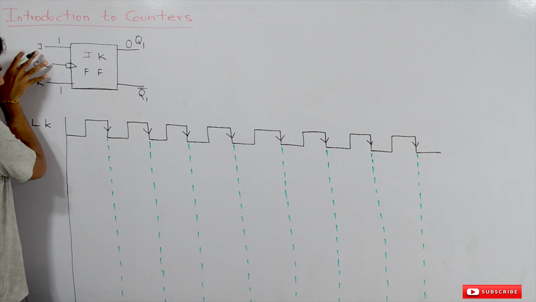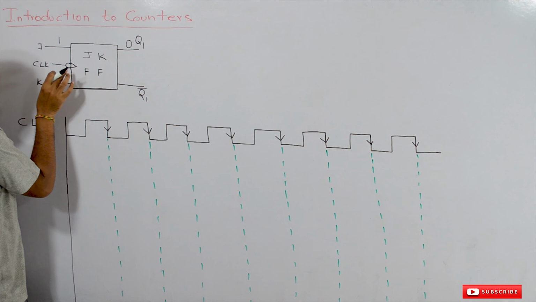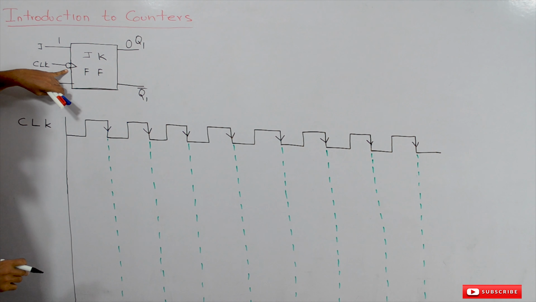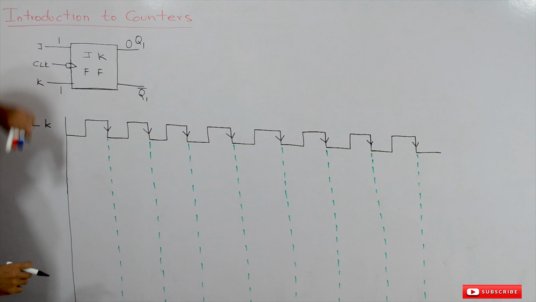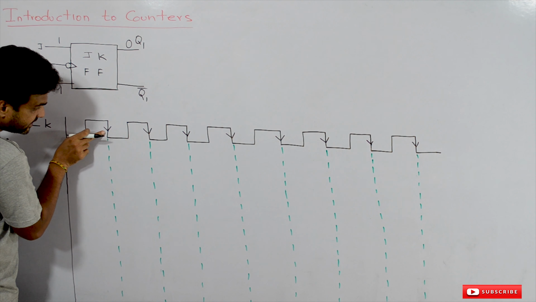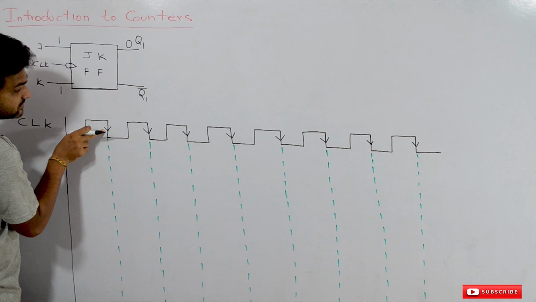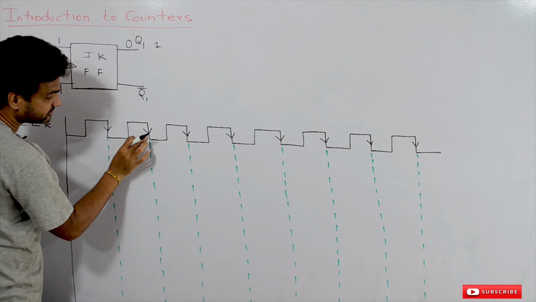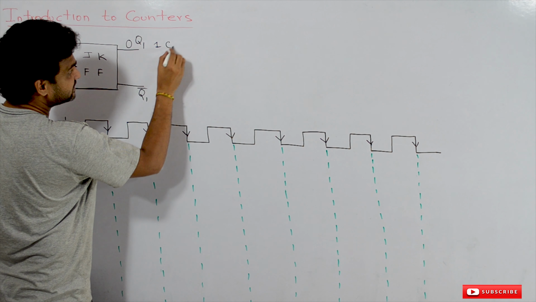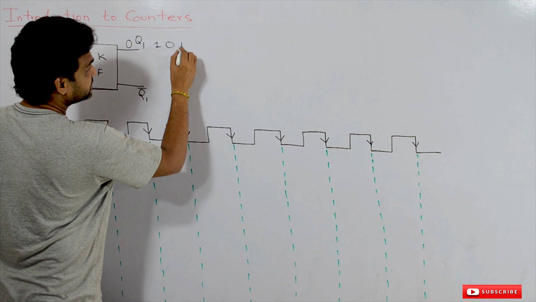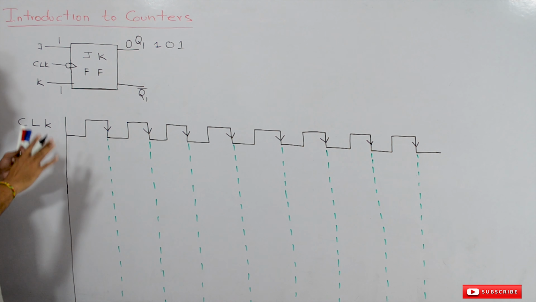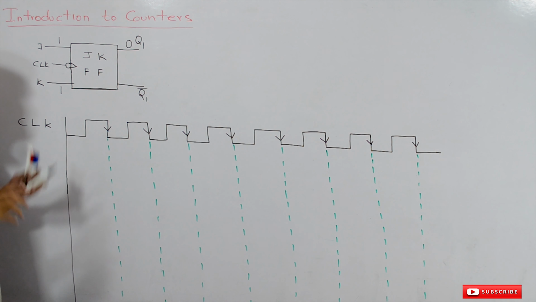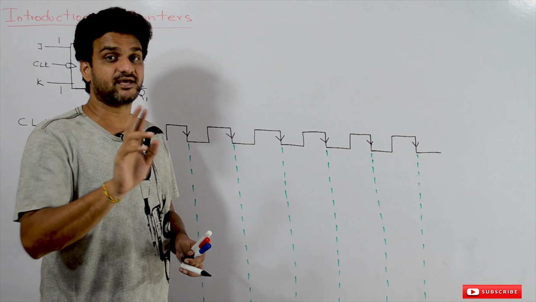So whenever a clock is generated, what kind of clock is it? This is a negative edge clock. Whenever a negative edge clock has been generated, this value will become 1. After that, when the negative edge clock appears here, this one will change to 0, and after that it will become 1 again. This is how the JK flip-flop with the inputs J and K as 1 produces the complement of the value already there in the output.